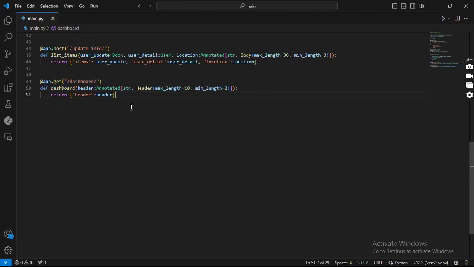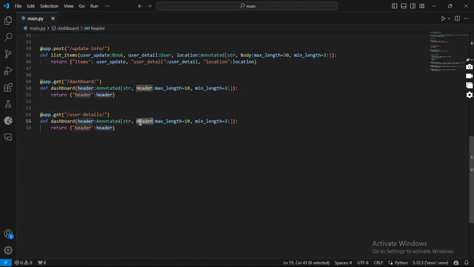So to actually create a cookie parameter, it's similar to what we've done so far with the body parameter, the query, the path, and the header. They are all similar, and they are all imported from the same module, FastAPI. So I'll copy this and I'll just edit this here, and I'll call this user details,